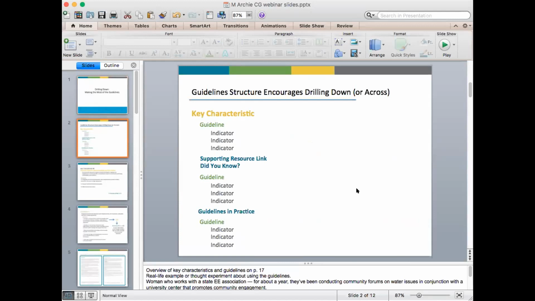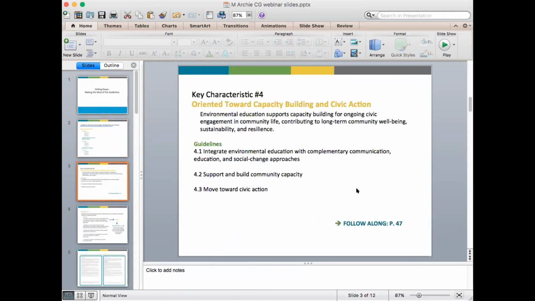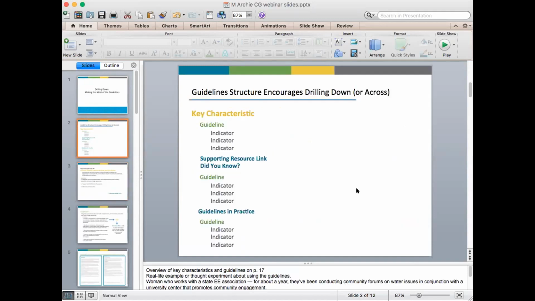So just to remind you, here's another schematic of how the guidelines are structured. So we have a key characteristic. In this case, it's guideline number 4. The key characteristic is that it's oriented toward capacity building and civic action.